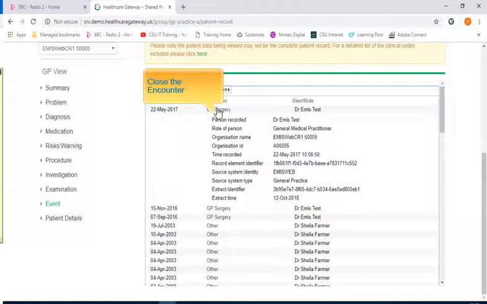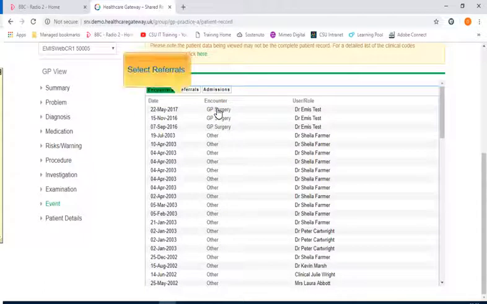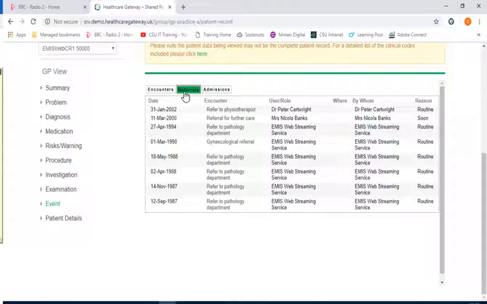Okay, so we just close the encounter down, and if I select the referrals tab, the referral will give details of the encounter, confirming who the patient was referred to, who they were referred by, and the reason that they were referred. Okay, unfortunately we don't have any admissions information, so I'm just going to go to the final tab,